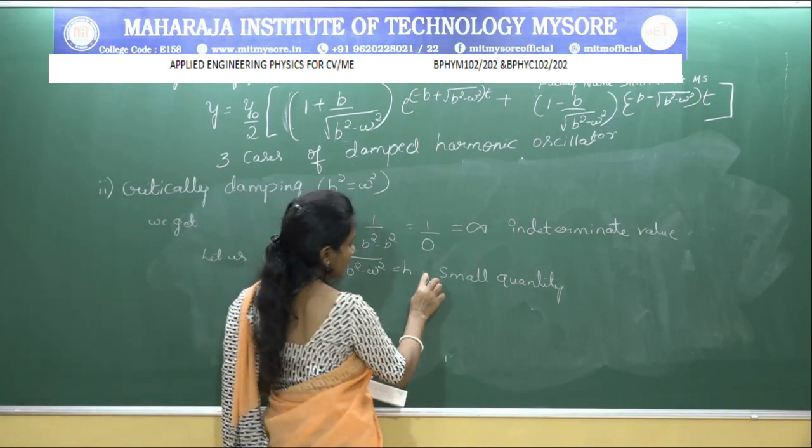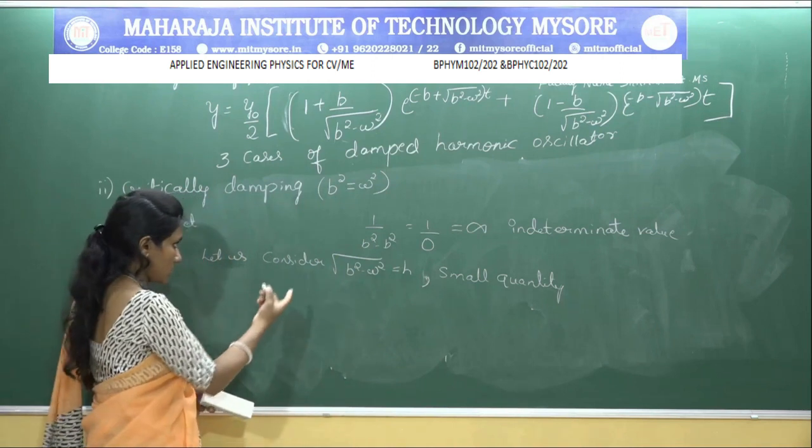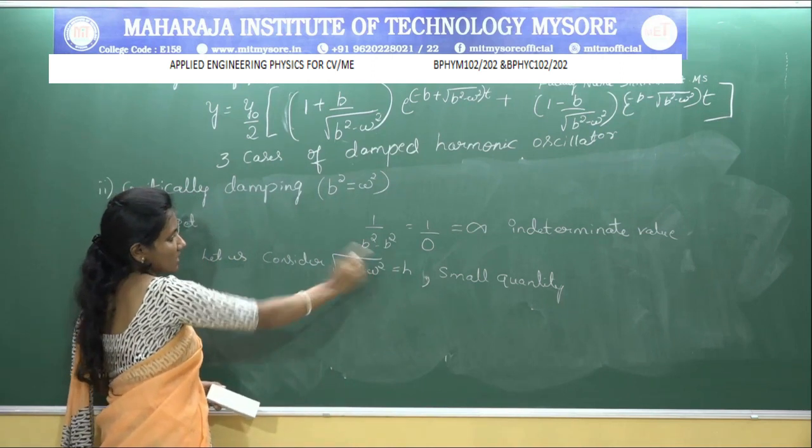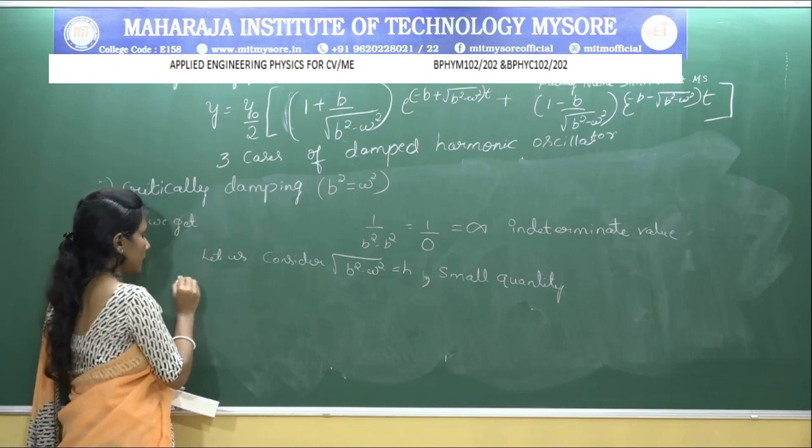Now if we substitute root of B square minus omega square as h in the above equation, then we get